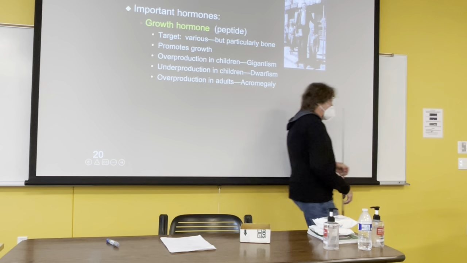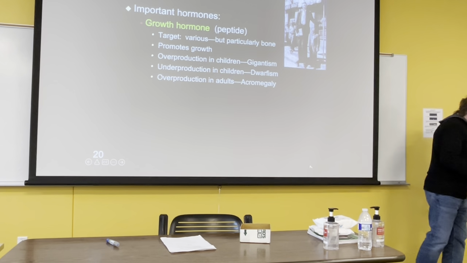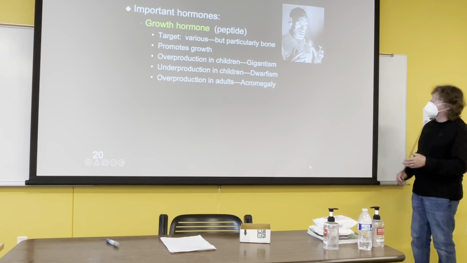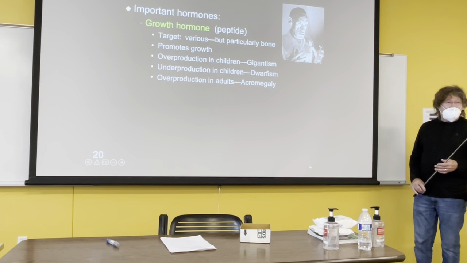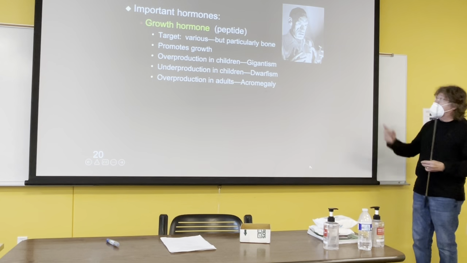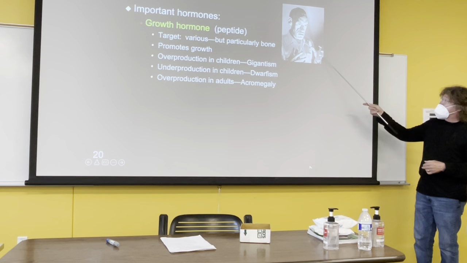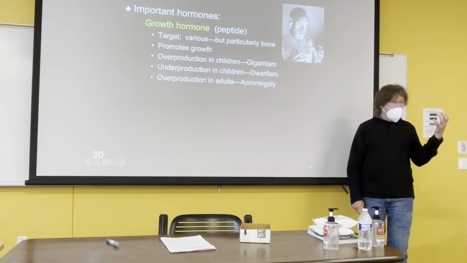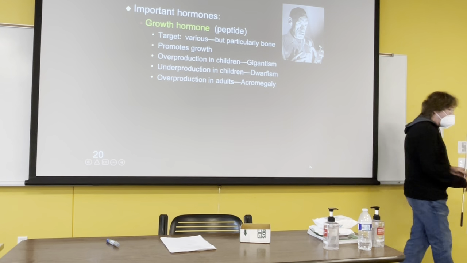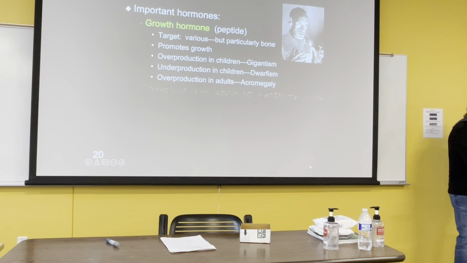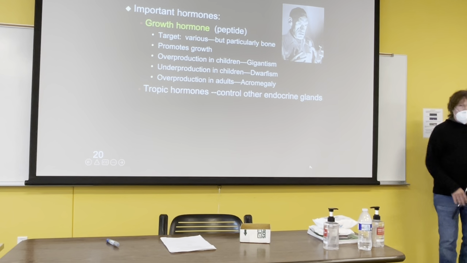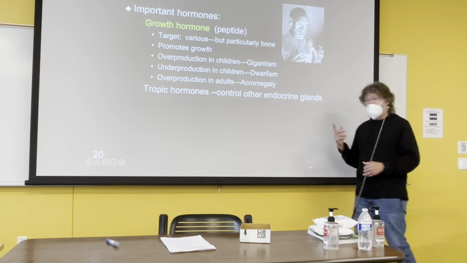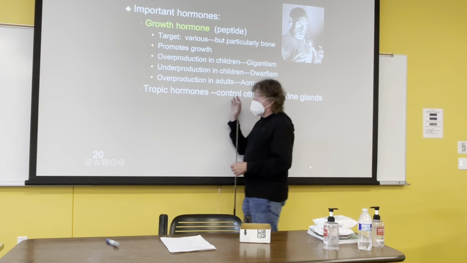And I have a picture of someone who suffers from acromegaly, and the nose, since there's a lot of cartilage there, is very big. Ears are big. Fingers, the joints, are very difficult to move because it's very, very painful because of the buildup of the cartilage. Okay? Now, that's one important anterior pituitary hormone.